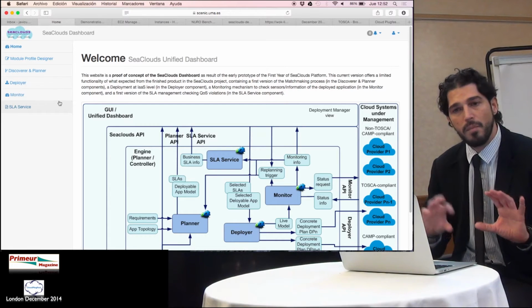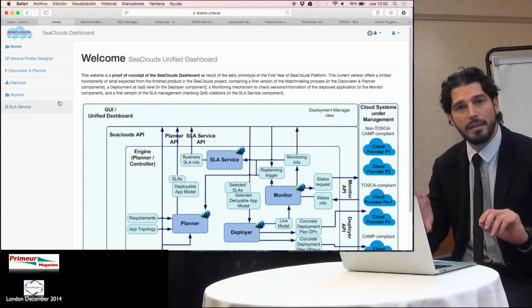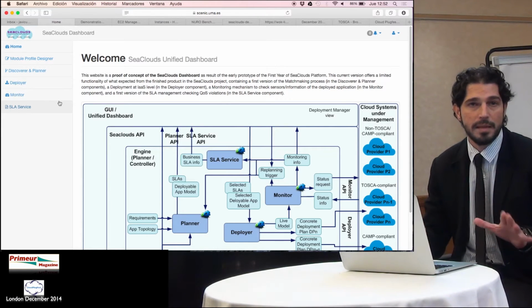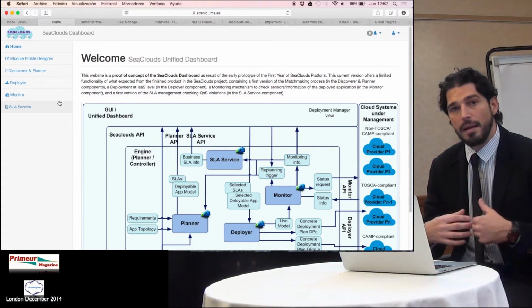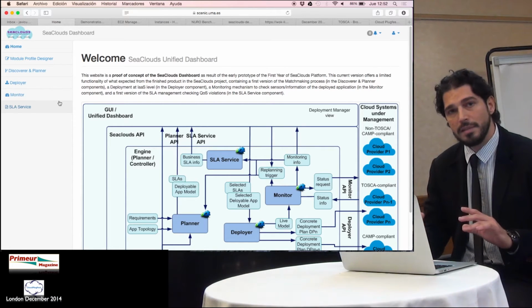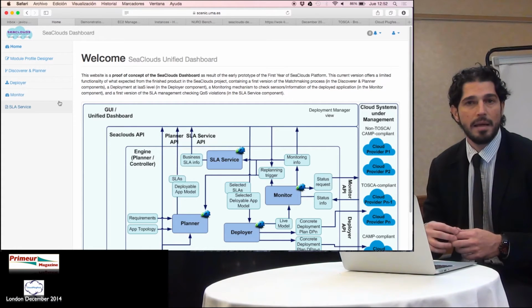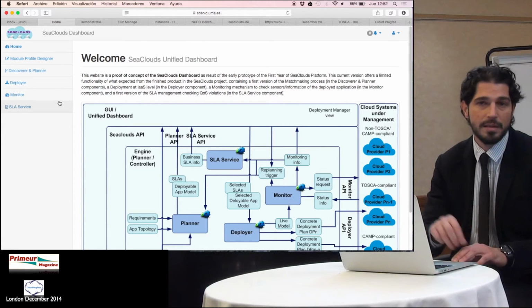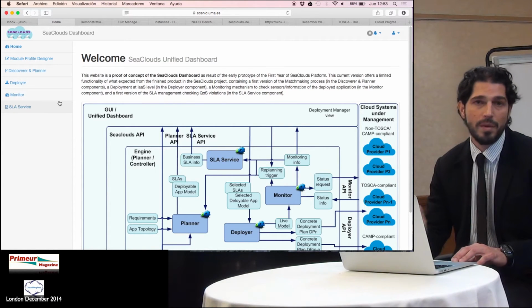Also, they can move the different modules of the application and migrate them to different cloud providers, solving the interoperability problems that this provokes. Also, we are monitoring all the activities, and we are incorporating a service level agreement engine to manage at runtime the agreements between the users and the application providers, and also the application providers with the cloud